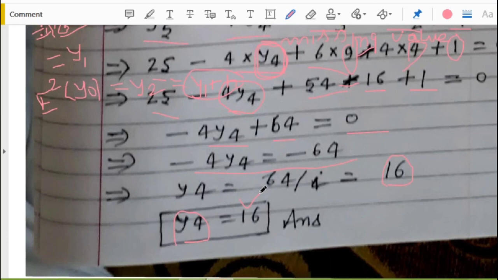And suppose you are given two missing values, then how you will solve it? Anyone? If you are given two, how you will solve it? Then you will form two simultaneous equations. Suppose y2 is also missing. Here will be a simultaneous equation. So two missing values are,